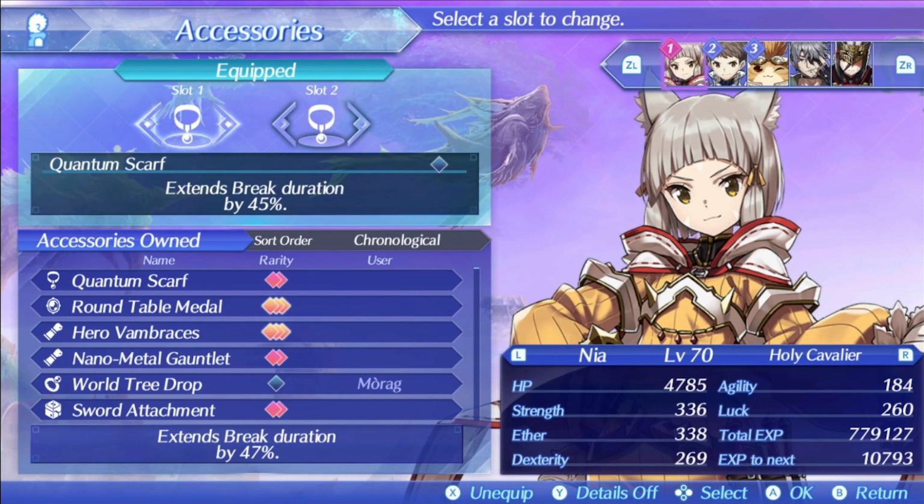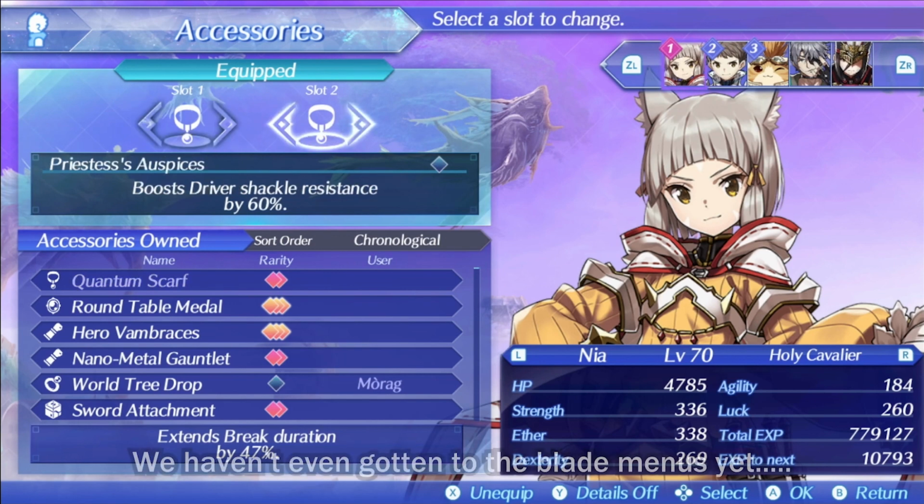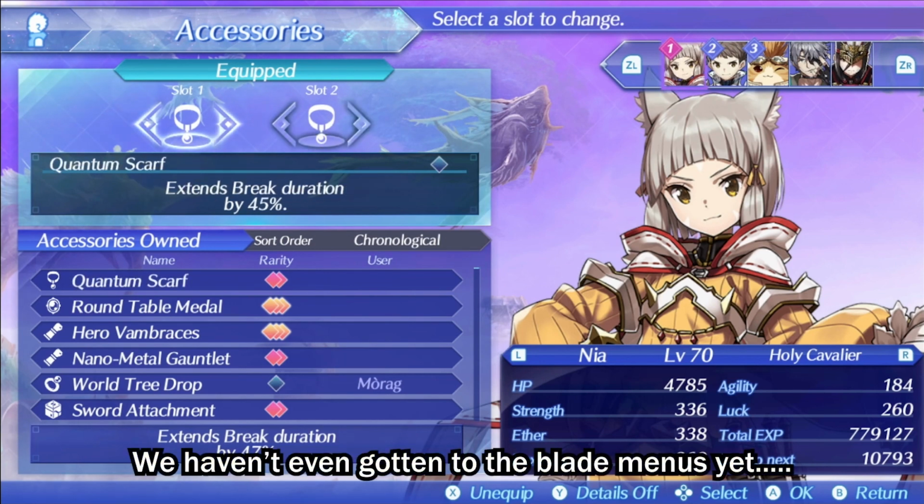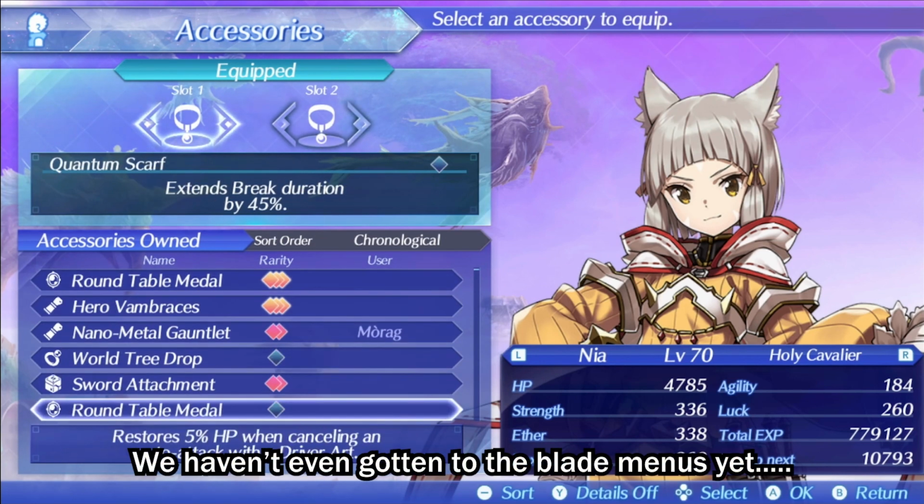For the longest time in this game, I was wondering, how do I level up my defense? How do I make my character more bulky? And of course, you can just go by HP. Like, the more HP you have, I guess the bulkier you will be. But that also comes with a little bit of a price, because no matter how much HP you have, if you're still a weak character, you'll still get damaged a lot. So these accessories are good, but it's